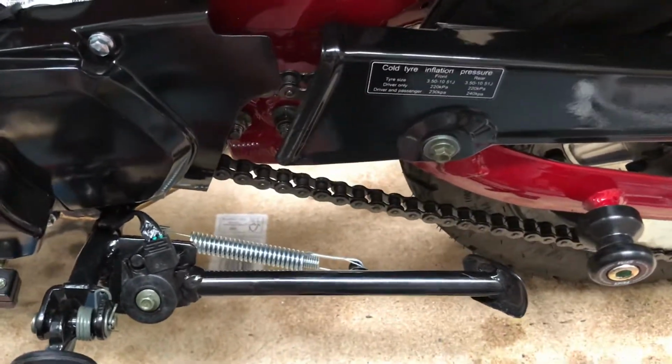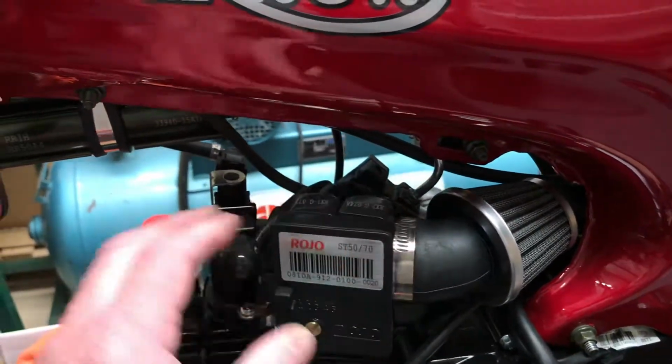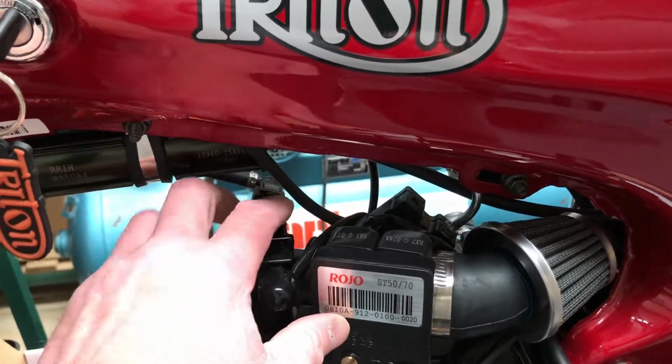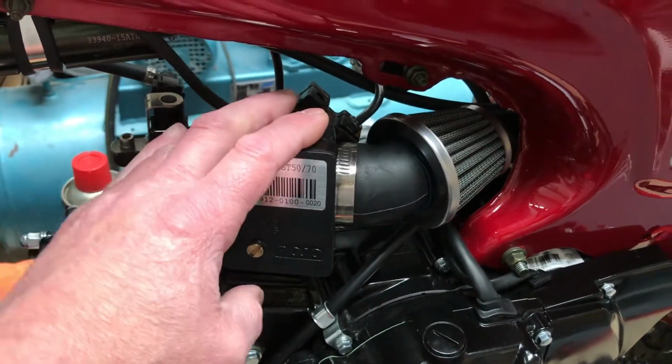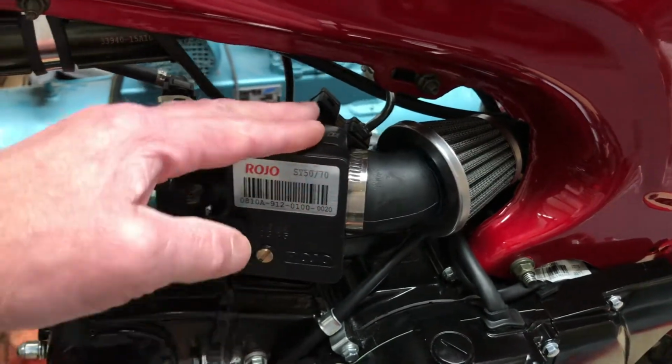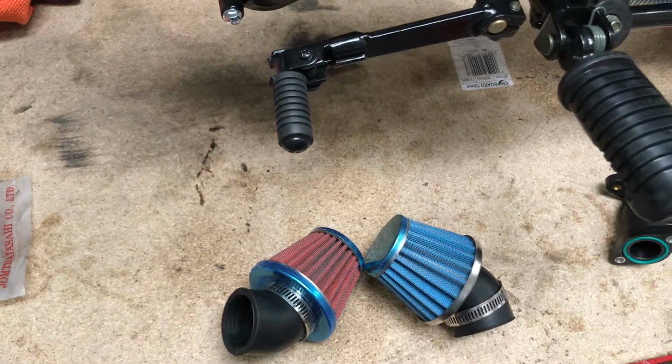We replace them with this. So we put an air filter on, so inlet manifold, fuel injection is fine, ECU's plugged in, restrictions taken off, and a map put on. We changed the air filter, do a couple of different colours on the air filters, as you can see, and then